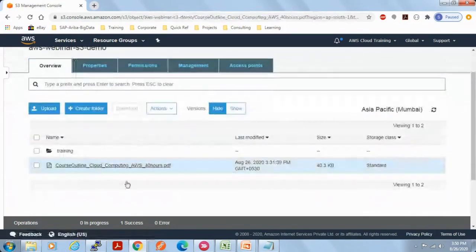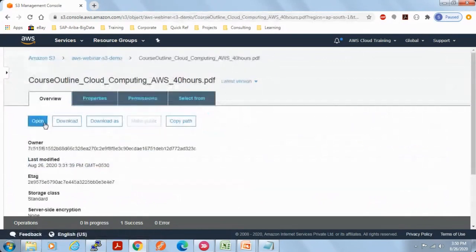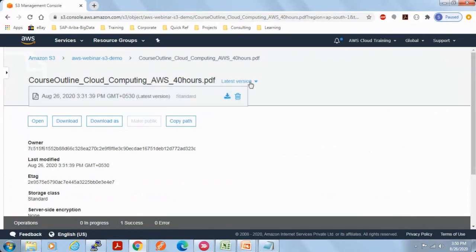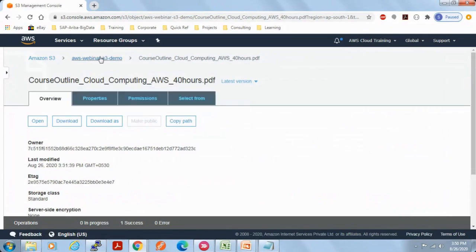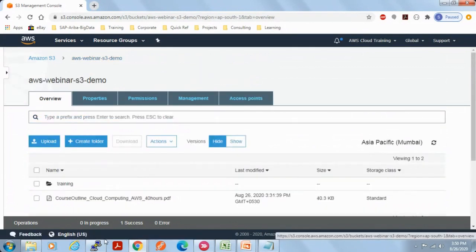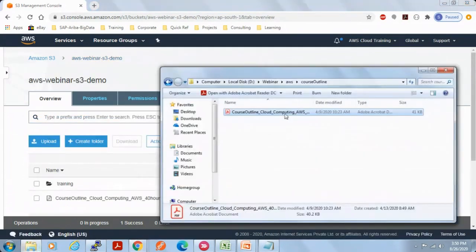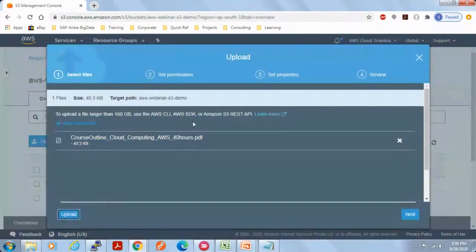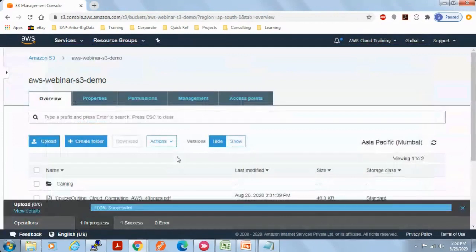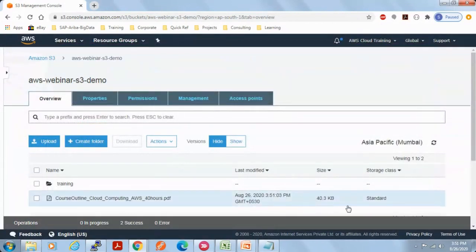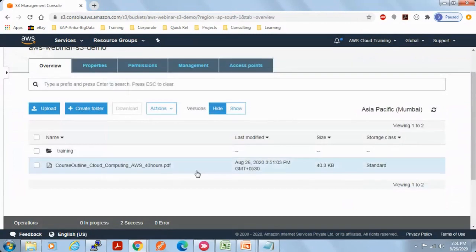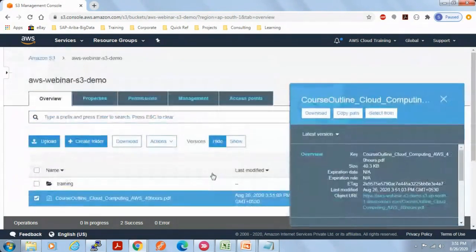So let's see how this works. Currently when I look at this particular file, it shows the latest version. Only one version is there, the latest version. So I have enabled the versioning. I'm going to upload. Let's assume I have updated the file. I'm uploading the updated file here. Currently I didn't update it, I am just uploading the same one. Now if you see, this is uploaded just now. Last modified is just now. If I go and check,